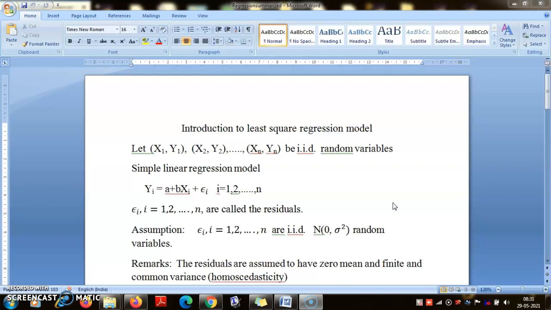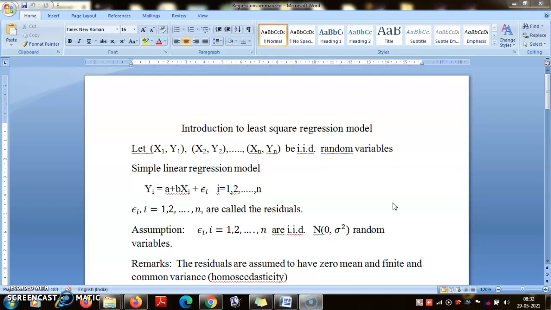So in pairs of observations which I am assuming to be independent, x1, y1, x2, y2, ..., xn, yn, they are having the same joint distribution, and now the model is yi equals, so I am trying to estimate the value of y based on the value of x by fitting a straight line through these points. So it is a curve fitting model. If you plot the points x1, y1 through xn, yn on the xy plane, you will have points on the xy plane. You are fitting a straight line through them.